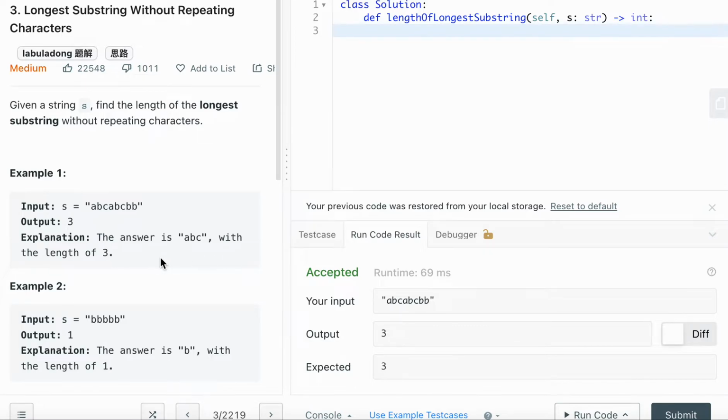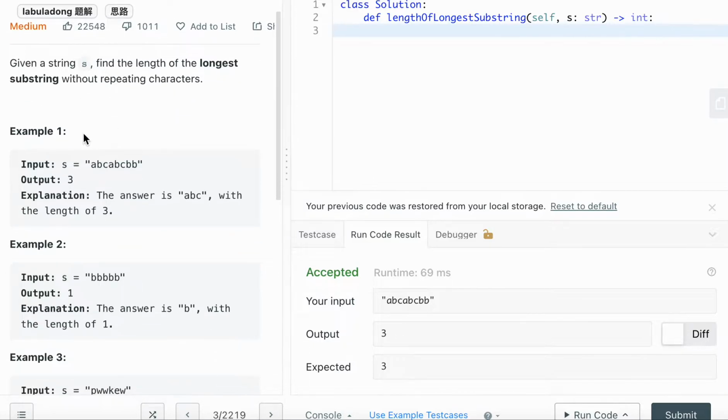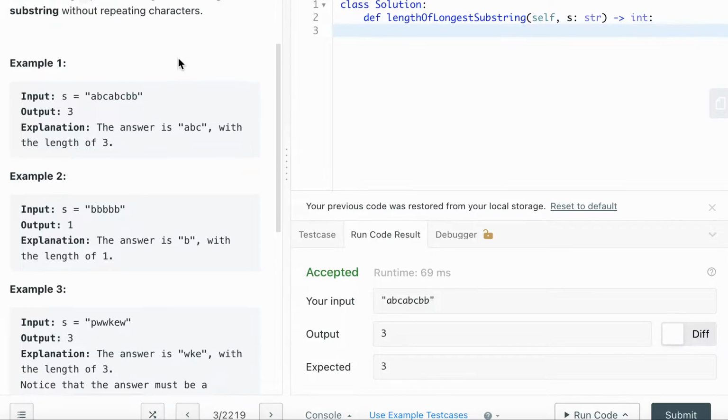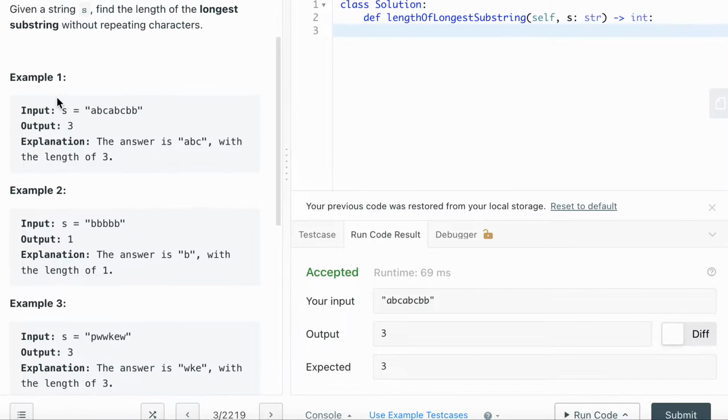LeetCode question number 3, longest substring without repeating characters, and this is a medium LeetCode question. So basically, given a string s, find the length of the longest substring without repeating characters. The example that they give you is s equals "abcabcbb", and the output is